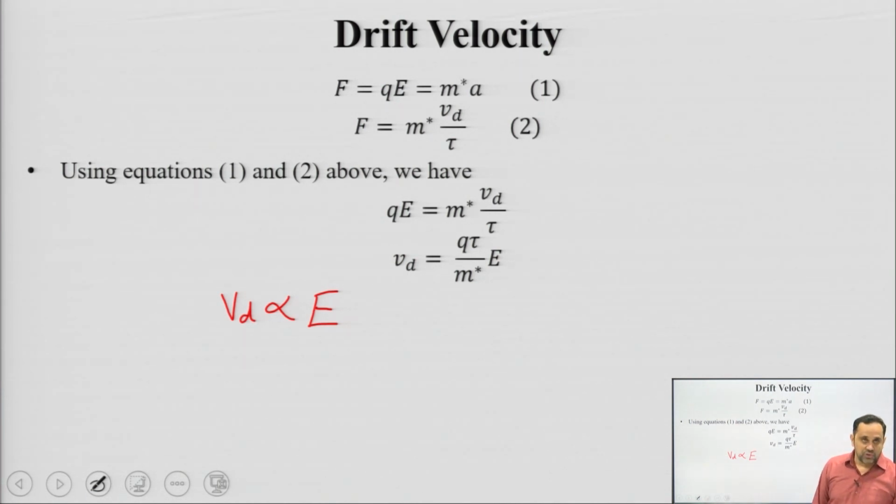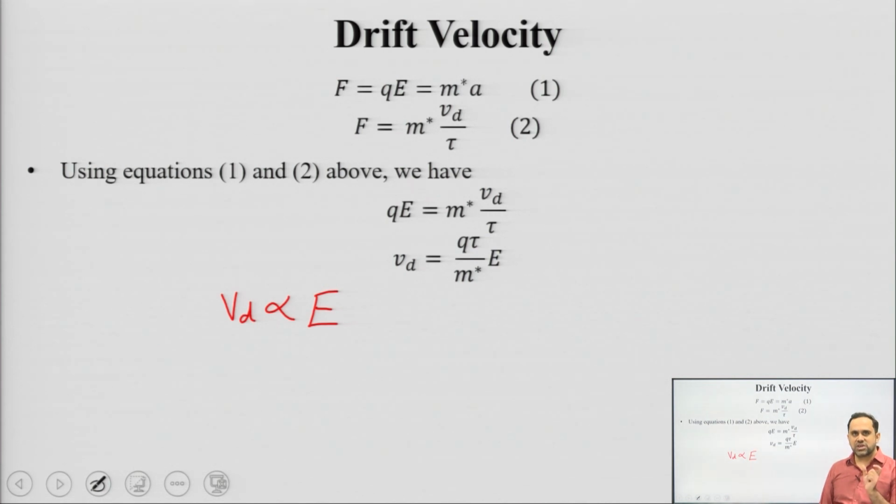Okay. So, depending upon how much voltage you have, external voltage which you have applied across the semiconductor, you can decide how much electric field is present across this device. Okay. So, I can say that the velocity with which these charge carriers are drifting, electrons from negative to positive terminal, holes from positive to negative terminal, that drift velocity is directly proportional to the electric field.